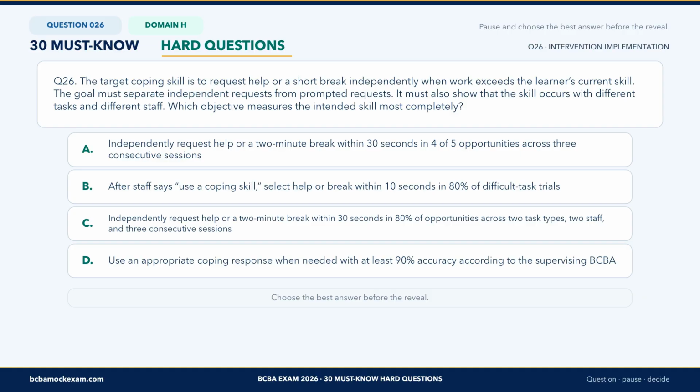current skill. The goal must separate independent requests from prompted requests. It must also show that the skill occurs with different tasks and different staff. Which objective measures the intended skill most completely? A. Independently request help or a 2-minute break within 30 seconds in 4 of 5 opportunities across 3 consecutive sessions. B. After staff says, use a coping skill, select help or break within 10 seconds in 80% of difficult task